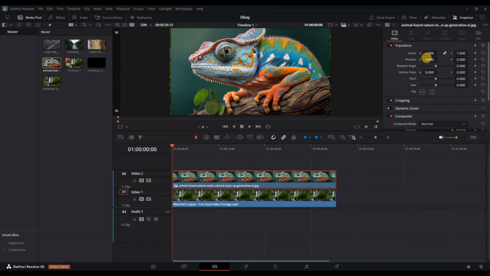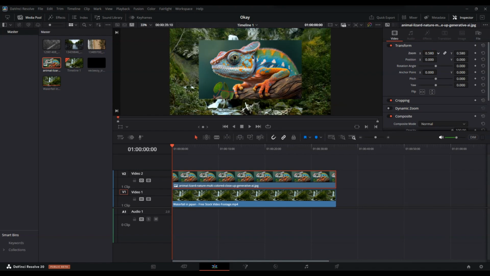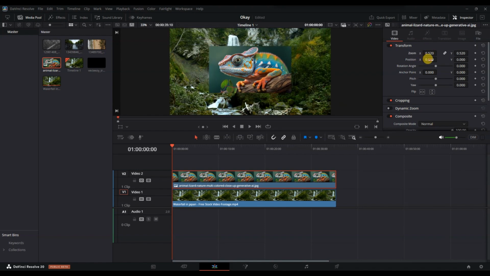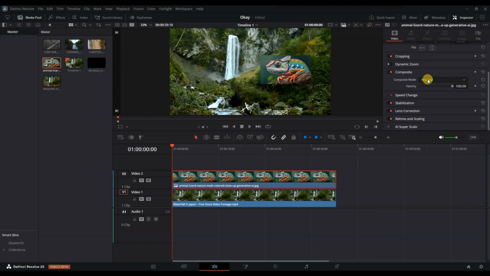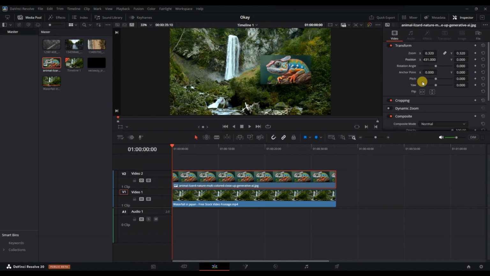Then, go to the inspector panel on the top right. In the inspector, you can adjust the zoom, position, rotation, and other properties of the image to fit your video perfectly. You can also add simple effects or transitions to the image clip if you want it to fade in